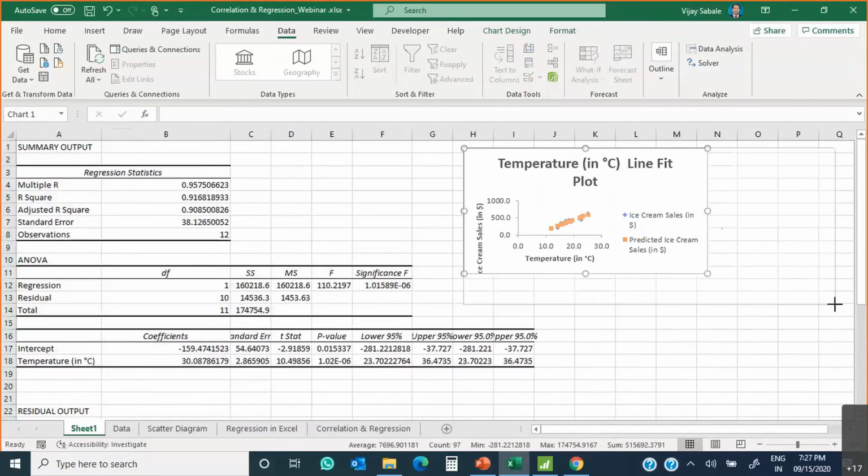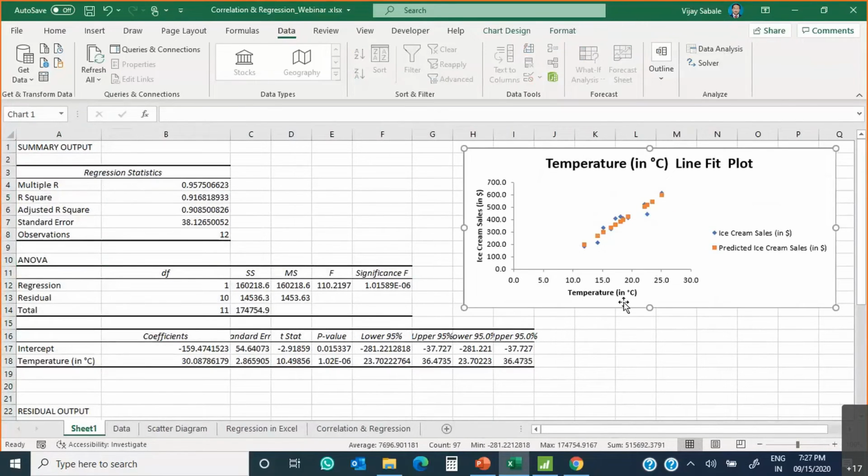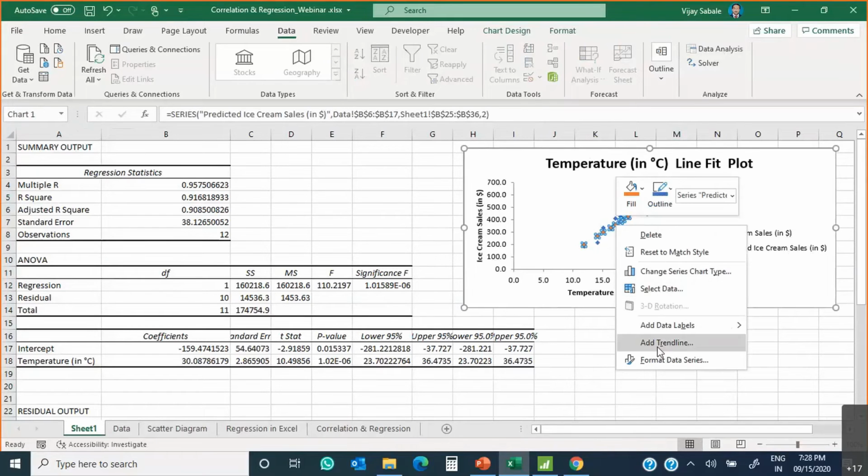Okay, so this is the regression line, or regression equation, we can see, right? On the x-axis there is temperature, and on the y-axis there is ice cream sale. So how much variation is there between x and y? We can see with the help of this. The yellow dots are the predicted ice cream sales, and blue indicates the actual ice cream sales. So we can see there are some differences there. This predicted ice cream sale indicates the lowest possible error available with this regression line, right? If you want to see the equation, we can click any of the points, right-click, and you can see Add Trendline.